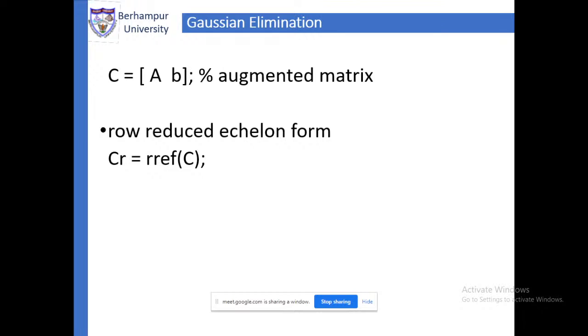So CR is equal to RREF of C. RREF is the command in MATLAB which will give you the reduced row equivalent form of a matrix. So CR is equal to rref C. This is the second thing that you will do. Then